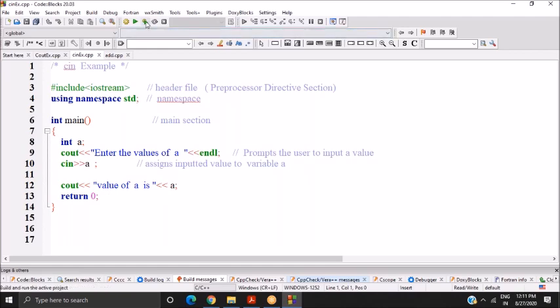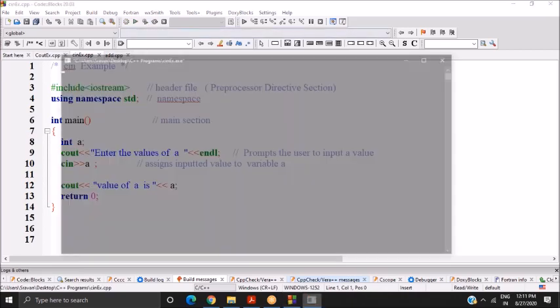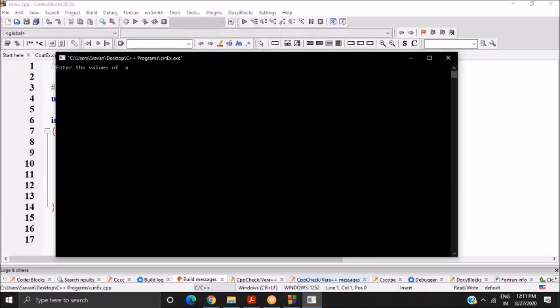So if you observe the output, first the cout statement is executed, "Enter the value of a". If you press 10, it extracts the information 10 from the input device and assigns the value 10 to variable a. After that, again we use the cout statement for printing the value. If you observe the output, the value of a is 10.